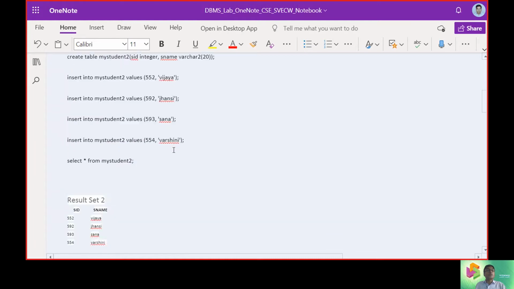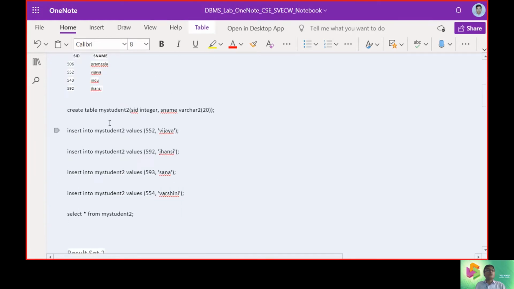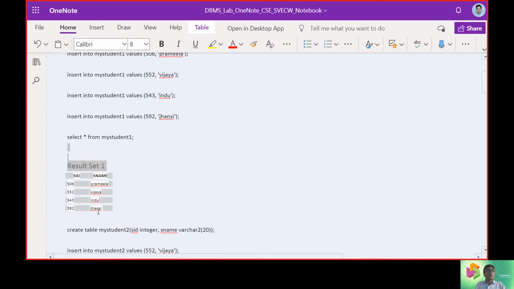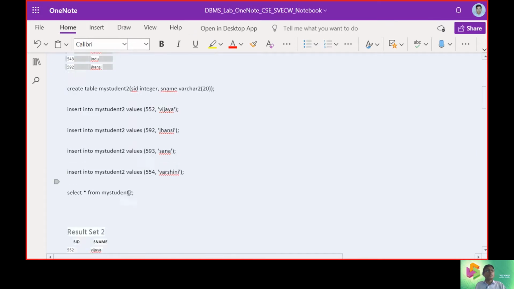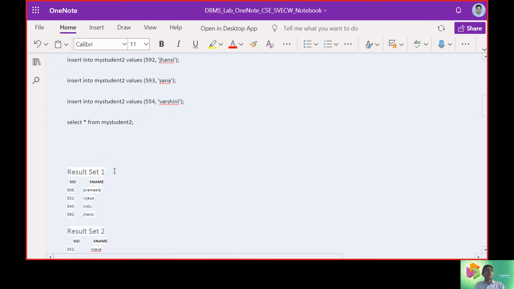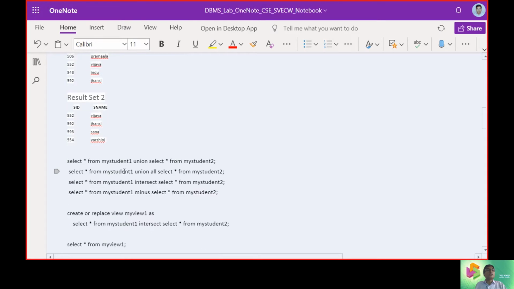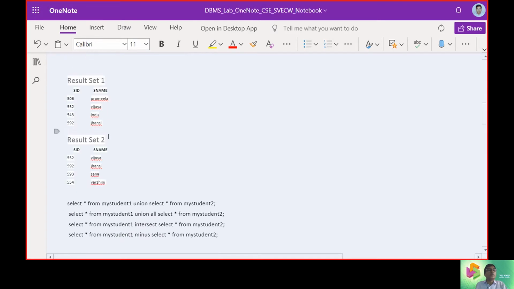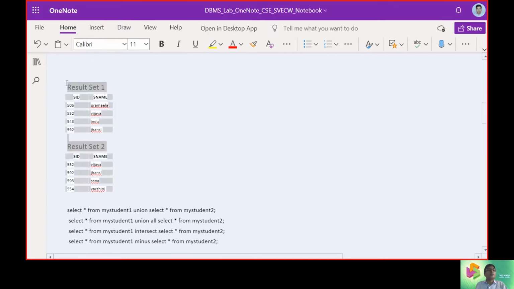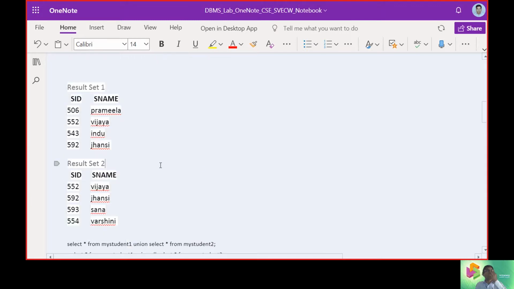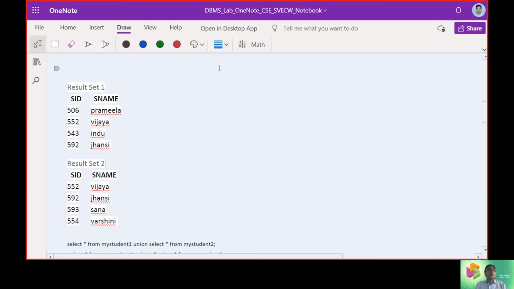Okay, so now I will bring the data set again here for understanding. Now one is record set 1, the other is record set 2. I will check whether the font can be enlarged. Yeah, the font is going to get enlarged. Now we'll illustrate with some examples here.